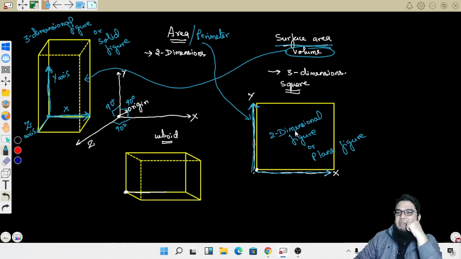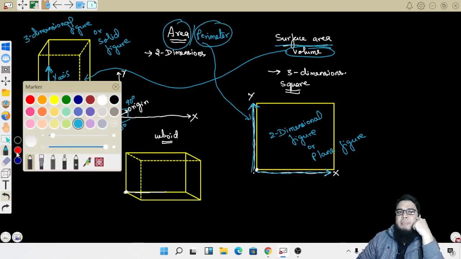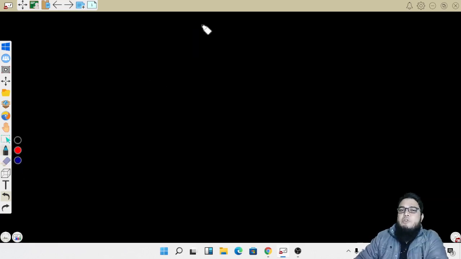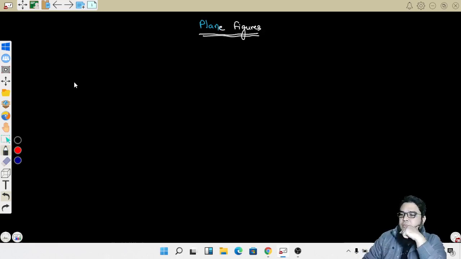Okay, so for a plane figure, having two dimensions, which exists in two dimensions, you have to focus on area and perimeter, and the questions will be according to it. Okay, now if we talk first about the plane figures, for example, triangle. Okay, now first if we talk about the triangle, then